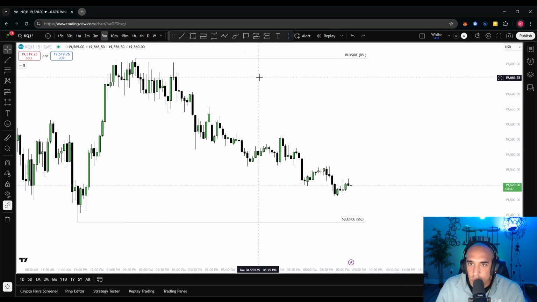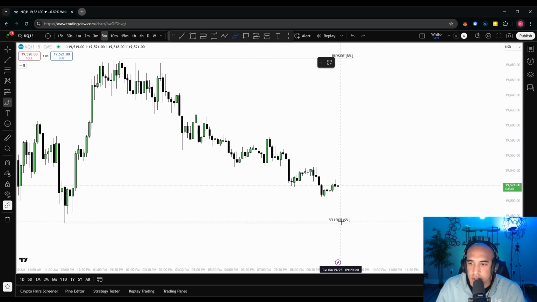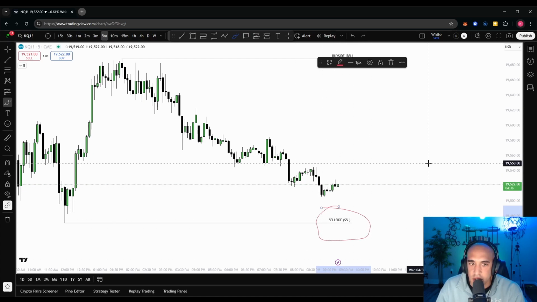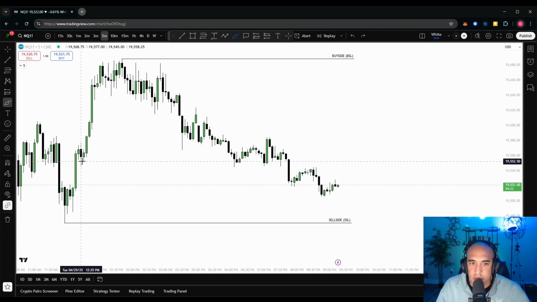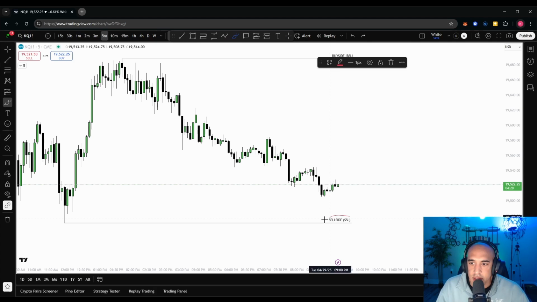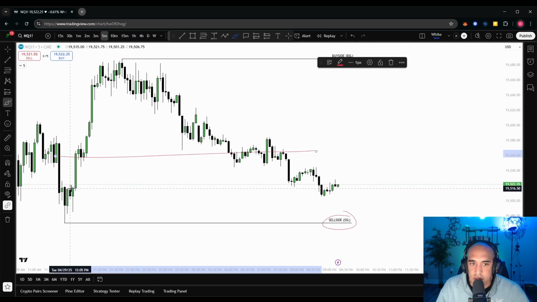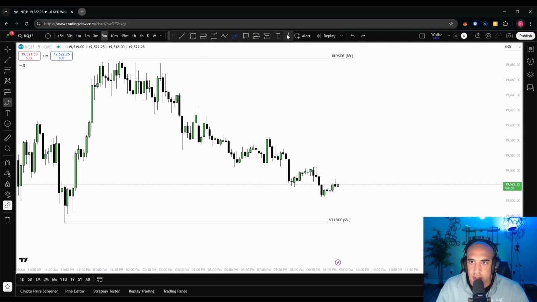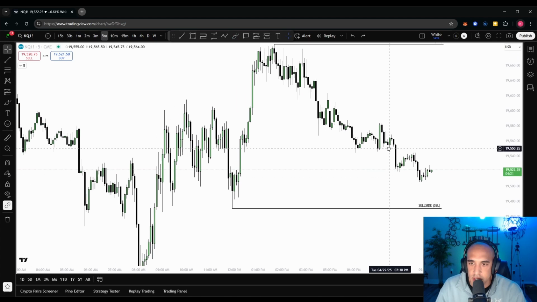Me, with my experience, I have enough confidence just to sit here and spend 5 seconds looking at this and going, hey, we're probably going to go there, right? I have a lot of confidence in that because of things I've seen, because of how many times I've seen price get near a level like this, considering all the other factors such as the fair value gaps, all that, right? And that's something I want you guys to start adapting.